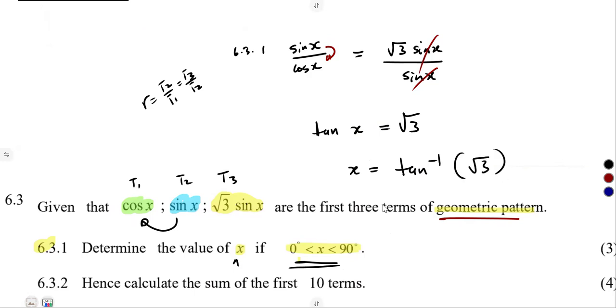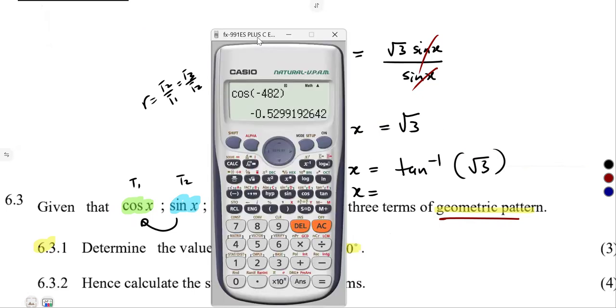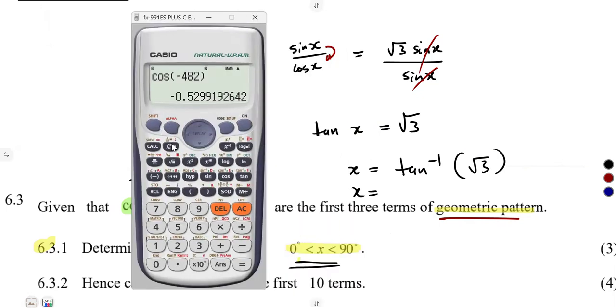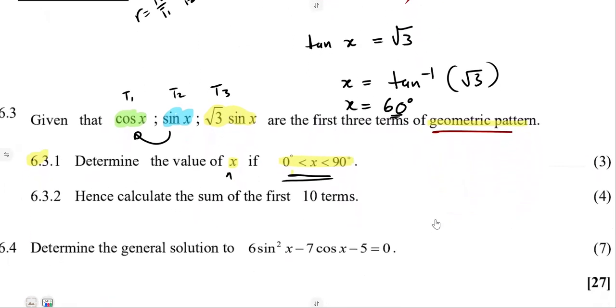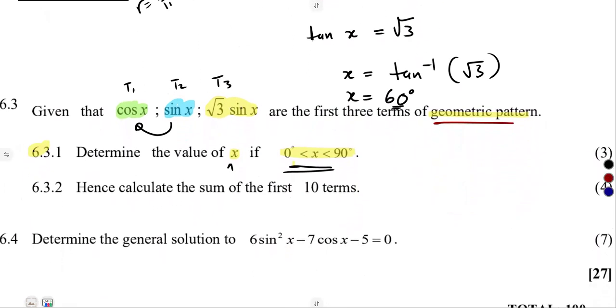All right, so that's it. So our x was going to be arctan square root of 3, shift tan, arctan square root of 3. So that was going to give us 60 degrees. So x is equal to 60 degrees from 0 to 90. That is the only solution that you're going to have. Hence,